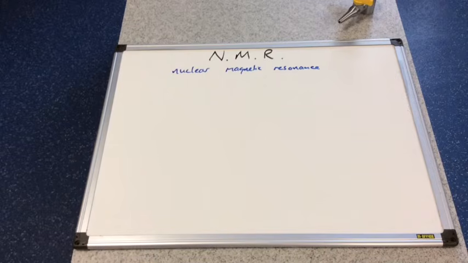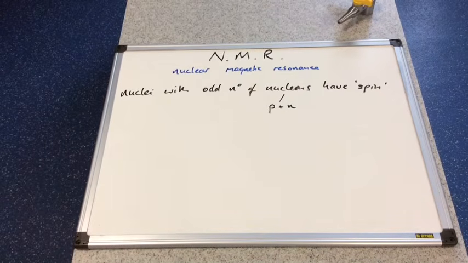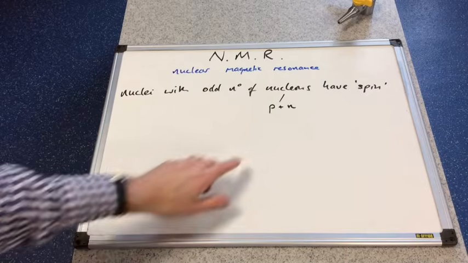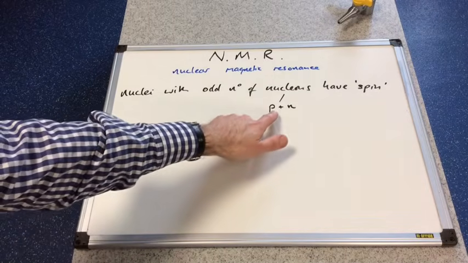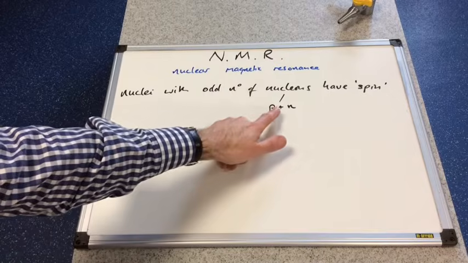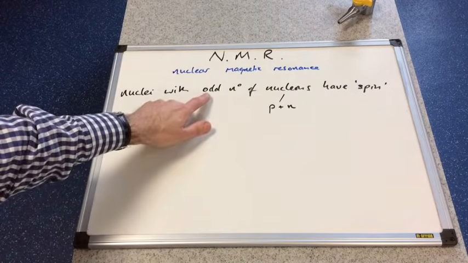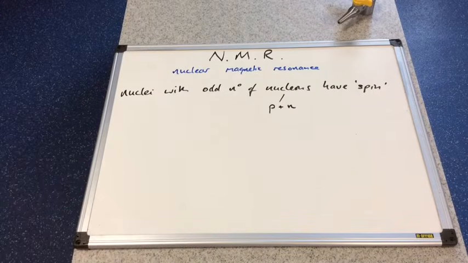In this video, I'm going to introduce the concept of NMR, which is an analytical technique. NMR stands for Nuclear Magnetic Resonance. So the first thing we need to say is that certain nuclei with an odd number of nucleons (that's just the fancy title for the particles in the nucleus, so the protons plus the neutrons). If you've got an odd number of protons and neutrons when added together, these nuclei have a property called